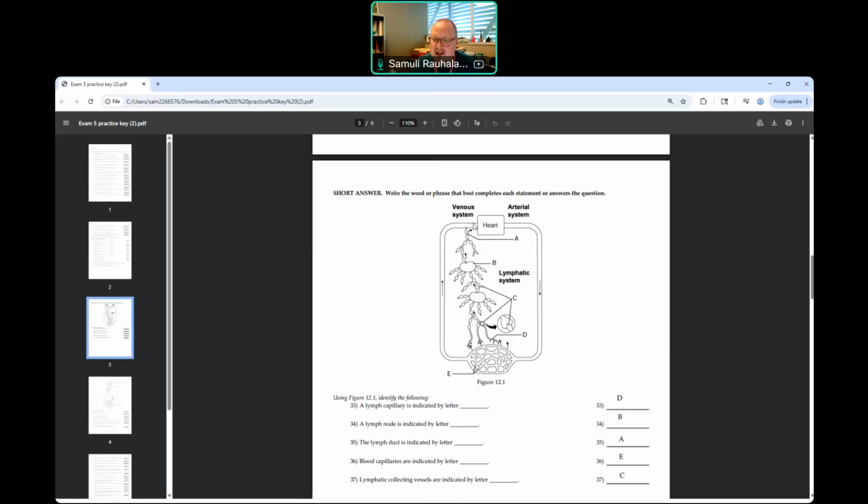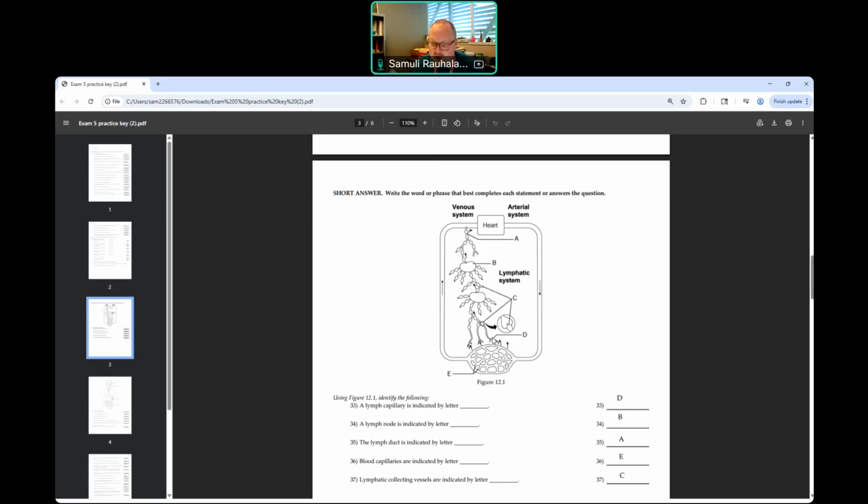Lymphatic system is instead an open one-way system. The open end is at the tissues, picking up that interstitial fluid, which then gets carried towards the heart. So let's see the parts. Lymphatic capillaries are shown as D in this diagram. Lymph nodes were those